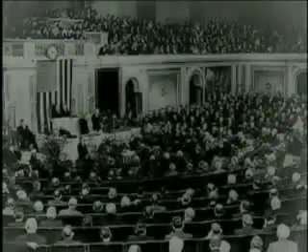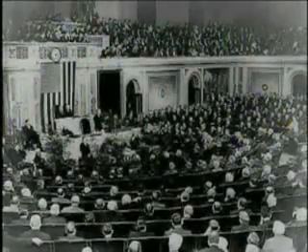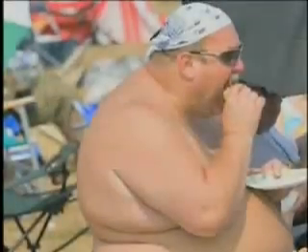Now, going back to 1913, the Federal Reserve Act was not the only unconstitutional bill pushed through Congress. They also pushed the federal income tax. It's worthwhile to point out that the American public's ignorance towards the federal income tax is a testament to how dumbed down and oblivious the American population really is.